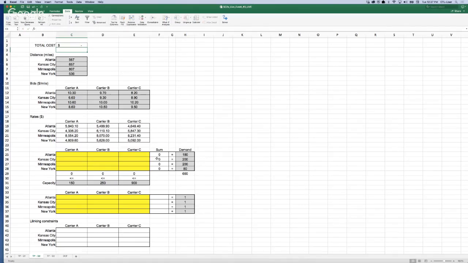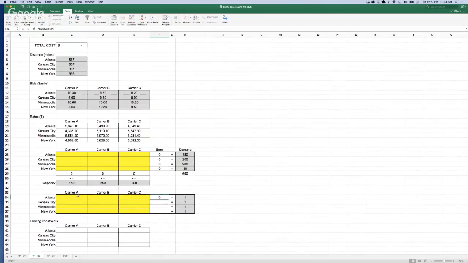We do have a demand constraint as before, and we also have a capacity constraint as before. So that's exactly the same as in question number 1. What we need to add now is the new constraint. So we need to make sure that the sum of these binary variables is equal to 1.